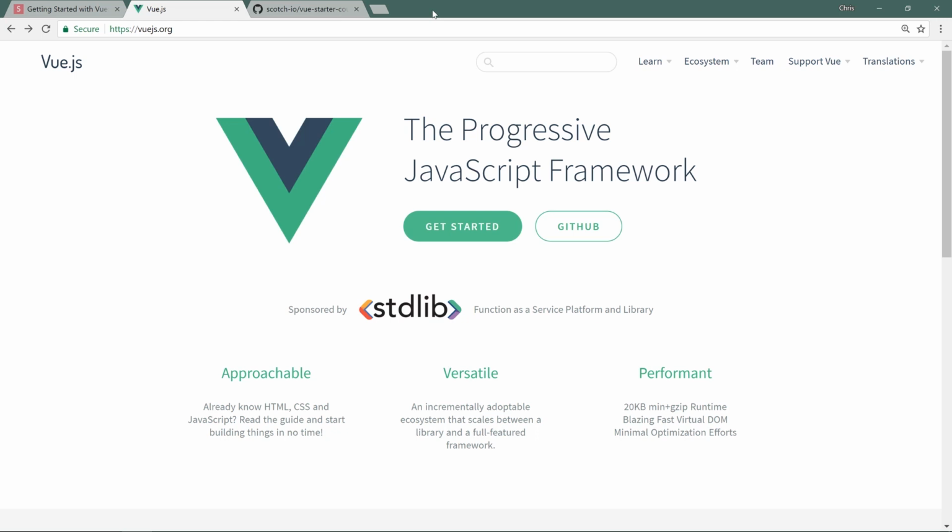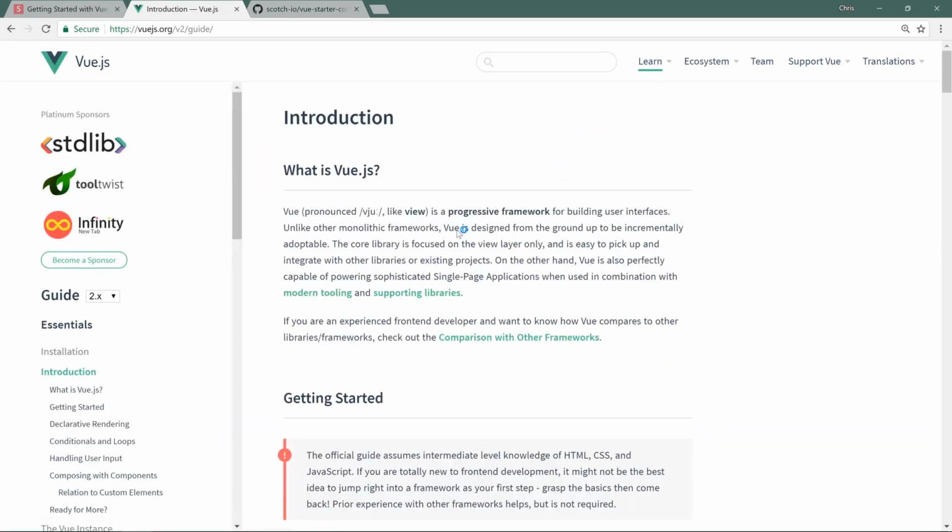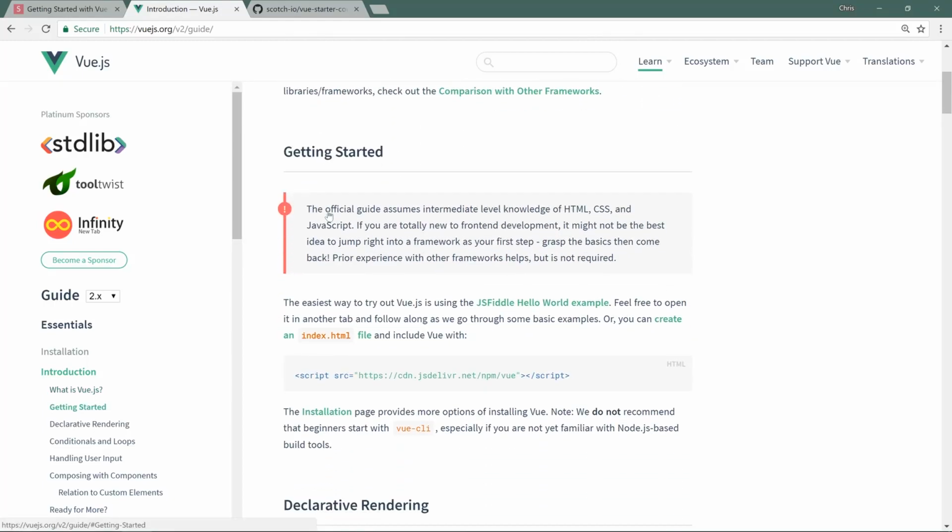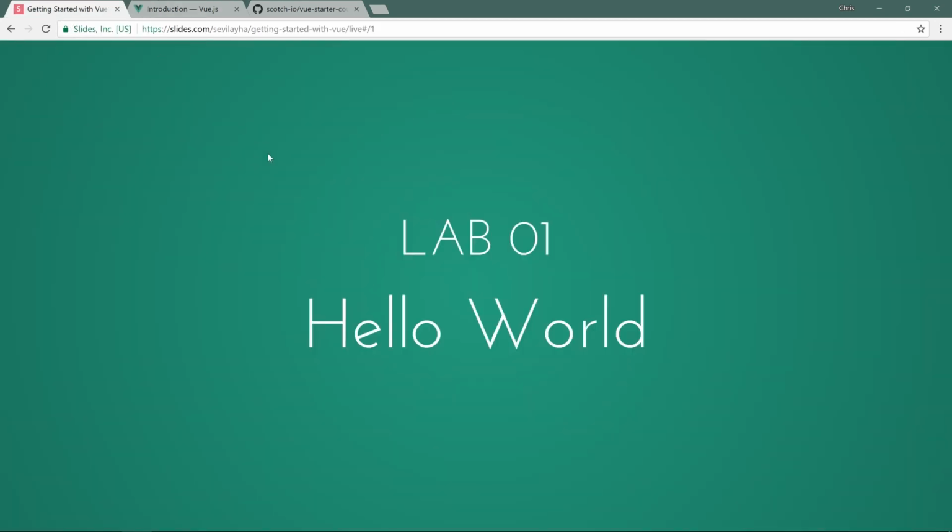Now that we've got a little bit of the intro out of the way, let's start working with Vue. If you go to vuejs.org, the official homepage, you can see all about Vue. Here we'll click Get Started. The way we can get started with Vue is you have an intro here, and we have Get Started. You can copy the script tag, drop it into an index.html file, and start working with Vue immediately. So let's come back to our slides, and we'll start seeing how we're going to work with